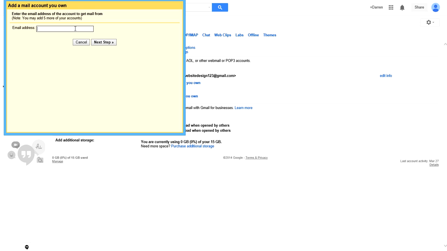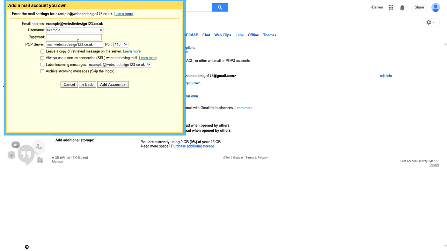So this is the one we're going to use in this instance. Example at websitedesign123.co.uk, but obviously you will put your email address in there. Then you click next step and it's going to ask you for the username. Now I will give you this username, you won't be able to get it anywhere else, I will give it to you. So in this instance,